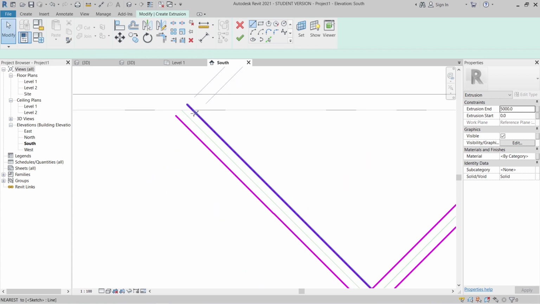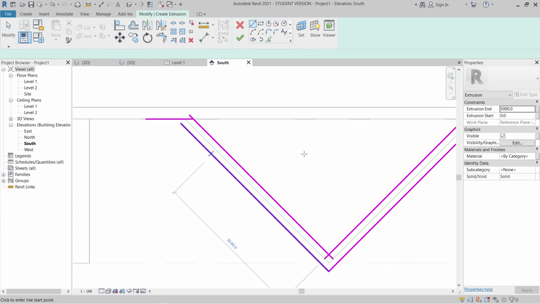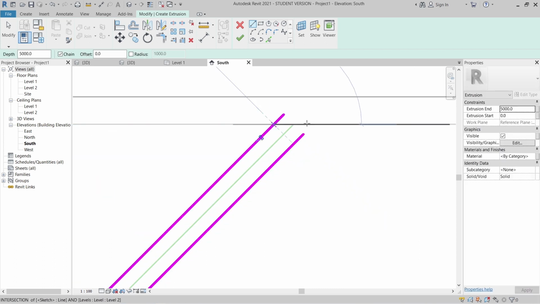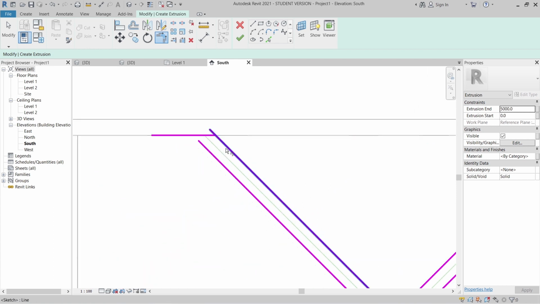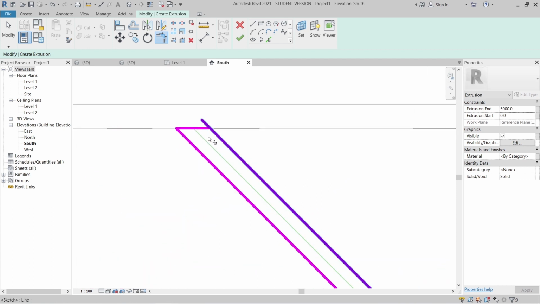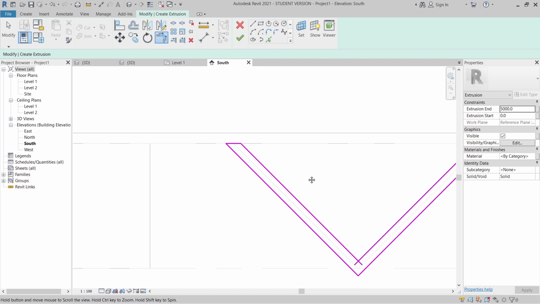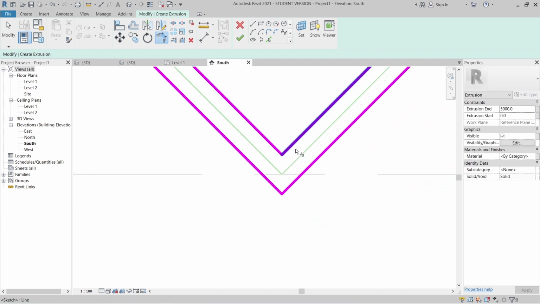Go to line here. I'm going to draw another one here like this, and draw another one here as well. TR for trim and extend. This one will be trim. This one will be extend, and this one will be trim. And here will be extend, and there will be trim, and of course there will be trim as well. And go to line there. I want to connect from here until here. TR,